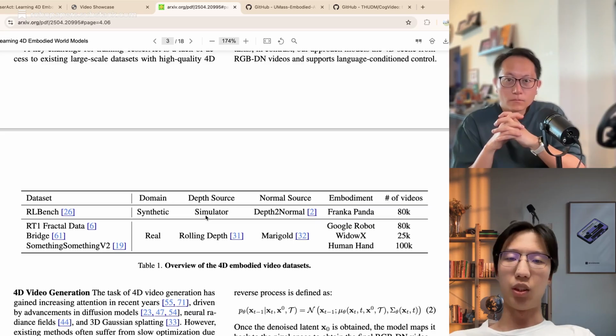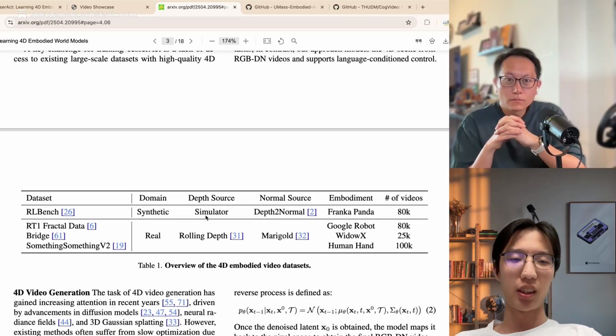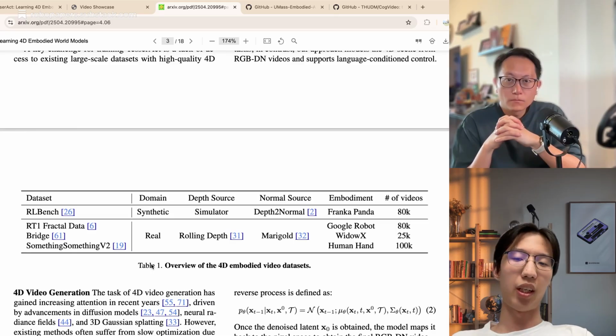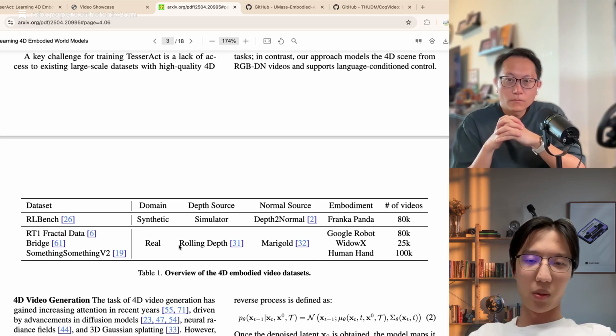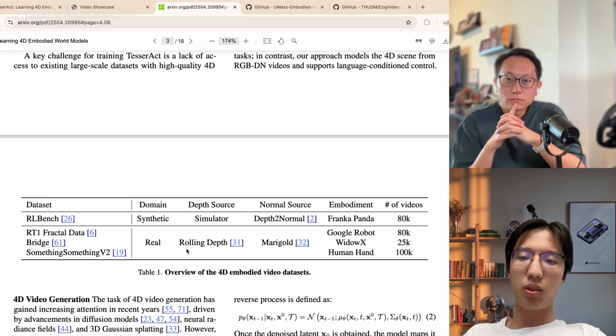We also use some real-world data like RT-1 proposed by Google, or the Bridge dataset proposed by UC Berkeley. And we also use a human and object interaction dataset, Something-Something V2, to make our model generalize well. So we annotate these video datasets with depth and normal to train our model.